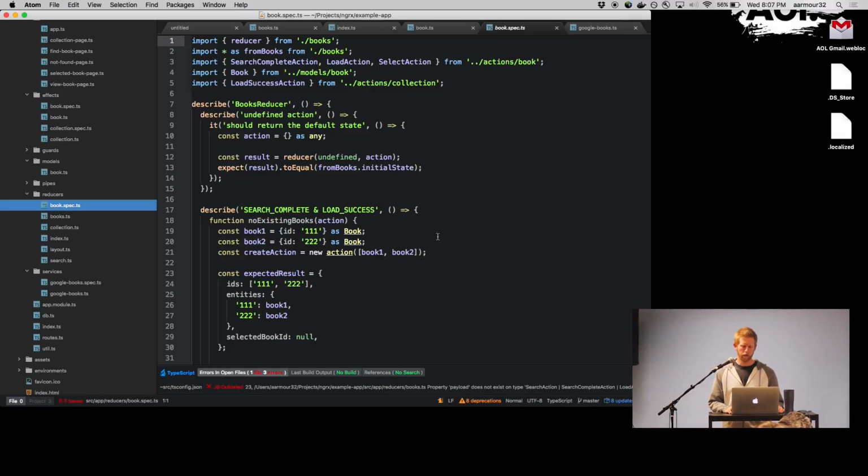But the idea is that once they start to grow and you have like 50 case statements, like one big switch with 50 cases in it, at that point it makes sense to decompose. But there's nothing in Redux that says you have to do that. You could, if you wanted to, write one reducer and build it that way. I wouldn't recommend it, but